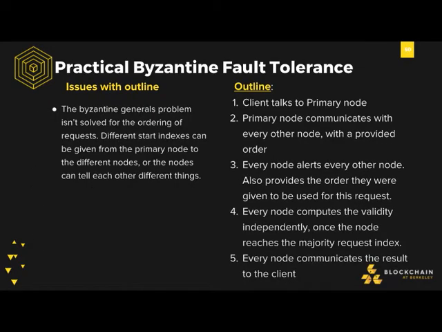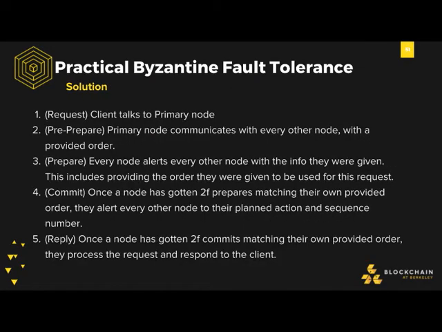So basically, this next stage is called the commit stage. Once all the nodes talk to each other, that's called preparing. Every node is going to wait until they receive a lot of prepares that have the same order specified. Then, once they have a sufficient number of those prepares, they're going to send a commit out to every other node again that says, okay, I've received a sufficient number of people saying the same order that I received.